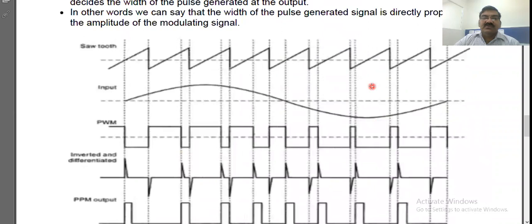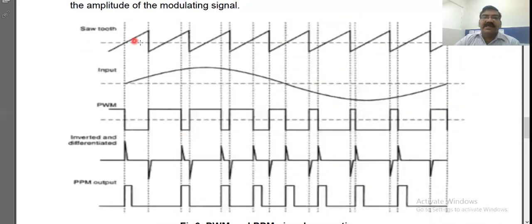As I told you, I hope all the waveforms are visible here. Initially, we have to repeat the same procedure as for the pulse amplitude modulation and pulse width modulation. For the pulse width modulation, the sawtooth waveform is given as the input signal, and the width of the pulse is varied accordingly. You can see the higher the voltage, the more the width; the lower the voltage, negative voltage, the less the width.